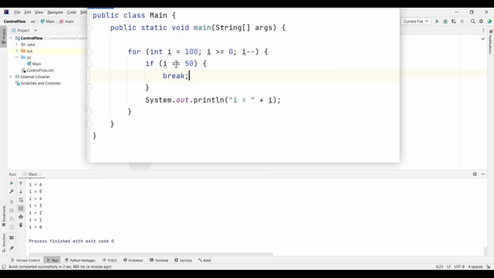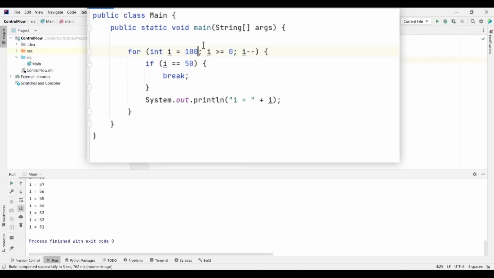So when i is equal to 50, we put break, and our loop is going to stop. So if we run this, we get 51, and then it stops, because when it reaches 50, it stops, and you have 51 because you have decrementation here.